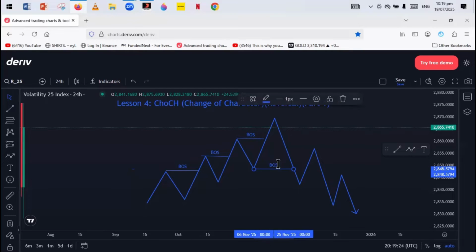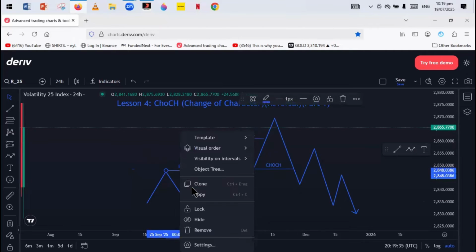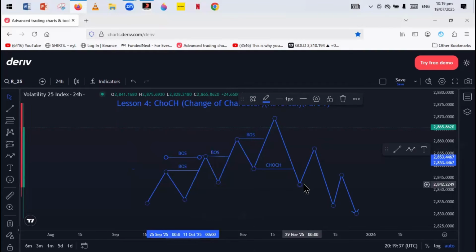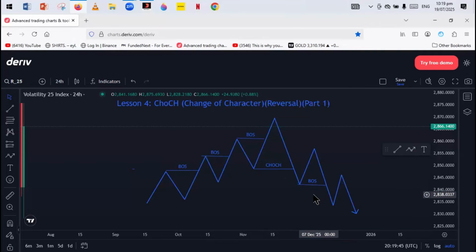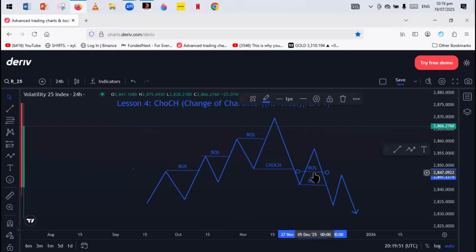So that is the change of character. It presents that price is now moving from buying to selling. Let me clone that. Like that. That is how you can tell that price is reversing. Price always has to change structure. Like that. Now that